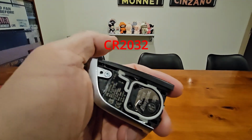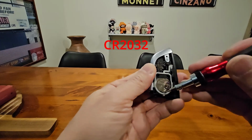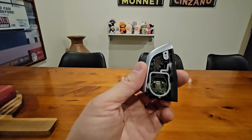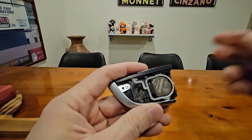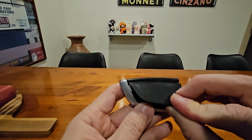It's a CR2032 there, and you pop a new one in just like that. Put the plastic cover back,